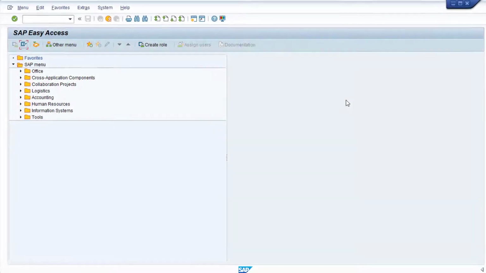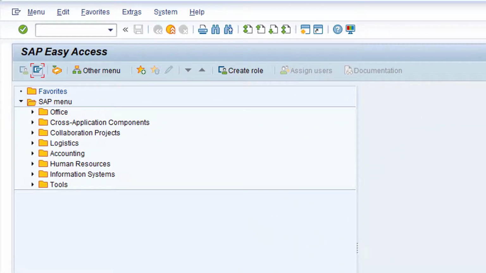Let's now display one of the vendors and identify the tables and fields for the deletion flags. If you're new to SAP, it's worth noting where the display vendor transaction, XK03, resides in the SAP standard menu. Start with the accounting folder.